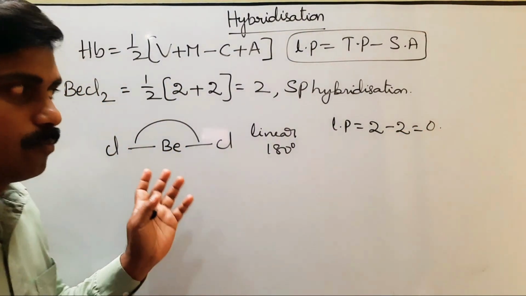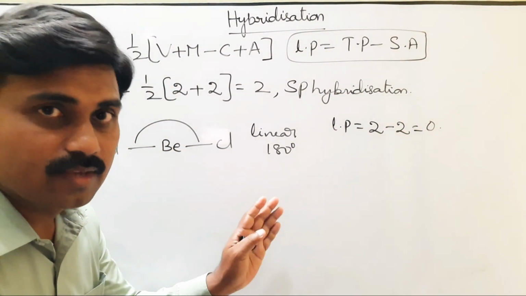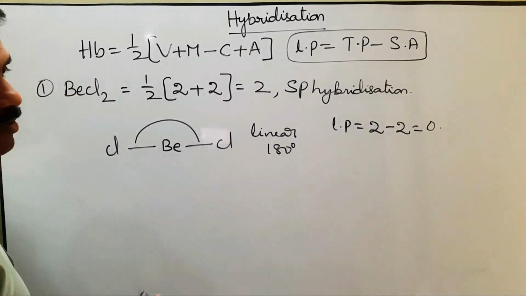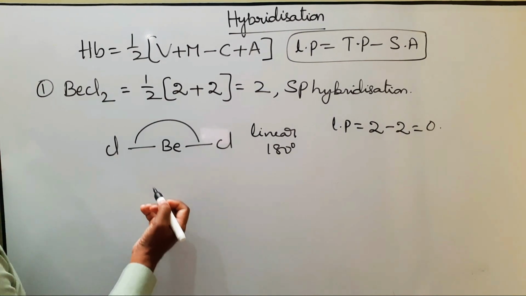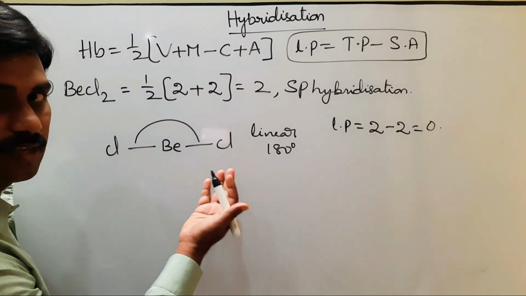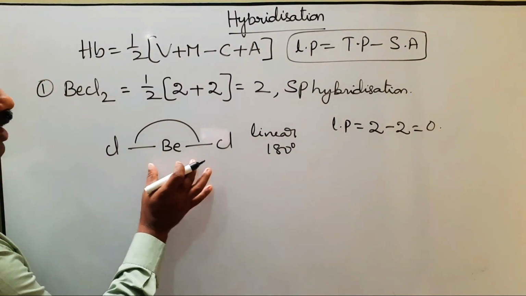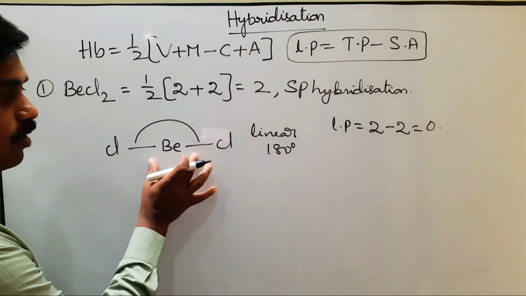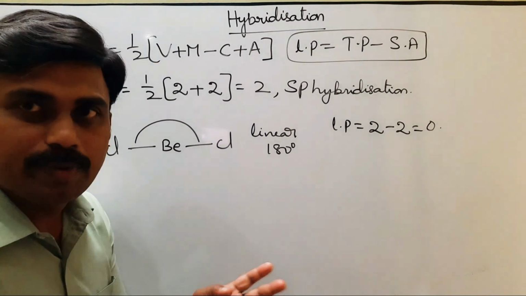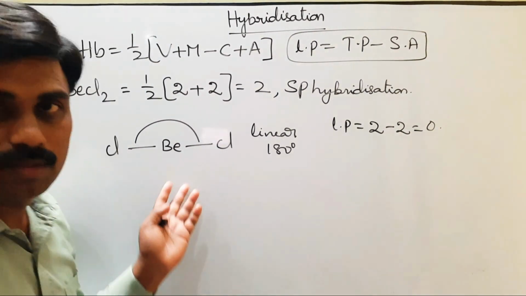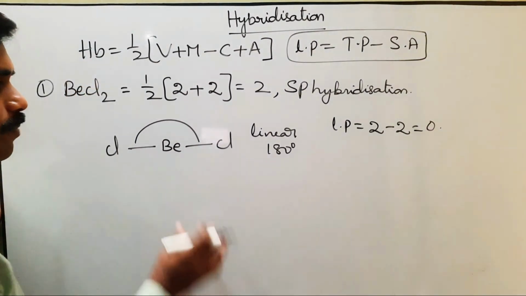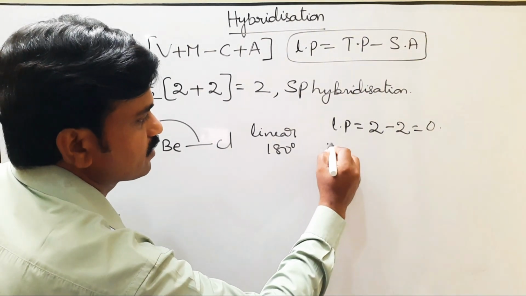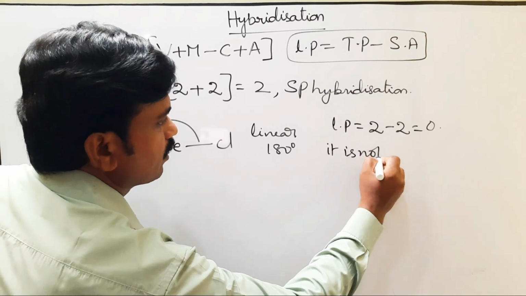So the molecule has no lone pairs. It is called a regular molecule, and we can also call it a symmetrical molecule. For this molecule, the shape is linear and the bond angle is 180. Is it octet or not octet? The central atom beryllium has 2 bonded pairs, and 2 pairs means only 4 electrons are formed around the central beryllium atom. 2 twos are 4 electrons only. That's why it is not an octet molecule.